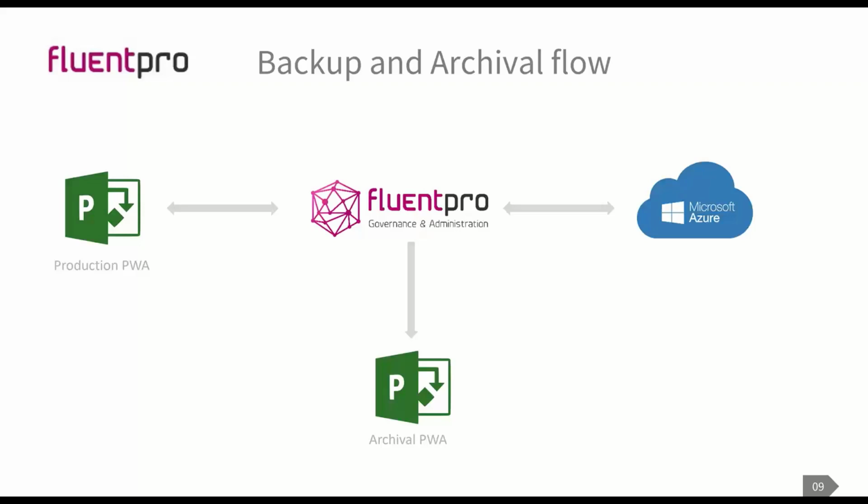It's 50 projects that you are working on right now. Maybe for the current year, that number would be 200 projects, 100 projects. And we provide the ability for companies to reduce the load on their PWA and move projects that you really don't have to